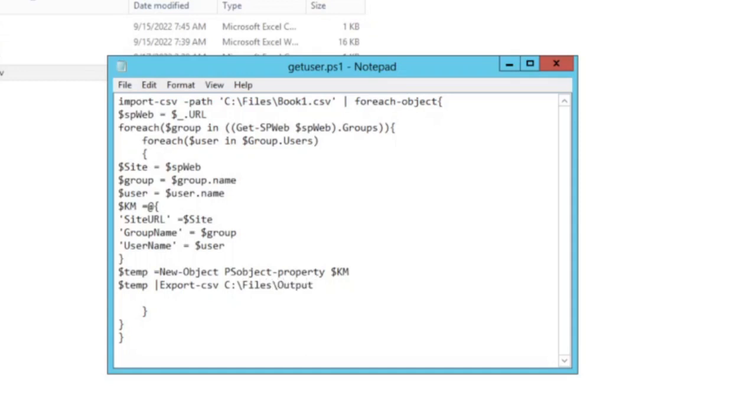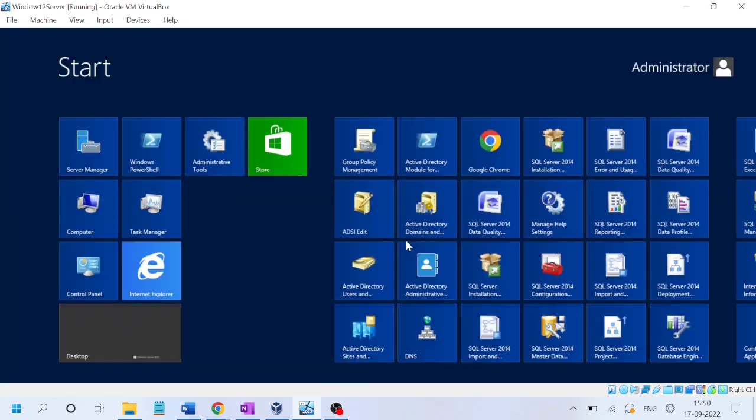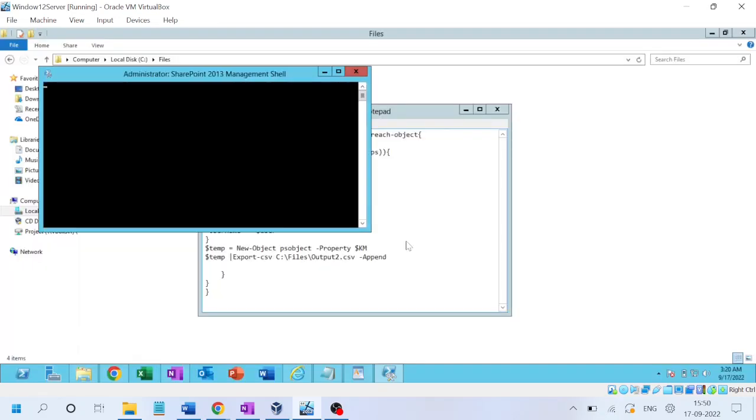and we'll name it output3.csv. Append all the results. Okay, so $temp = New-Object PSObject, and then a space and -Property $km. Okay, previously the space was missing. Let's save this file. Our file name is, we are naming as output2, and append. Let's